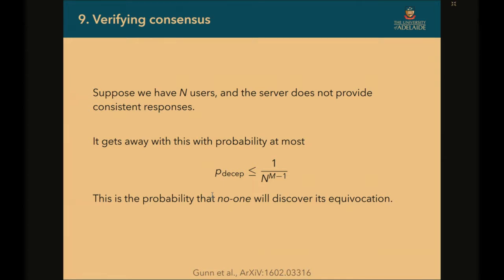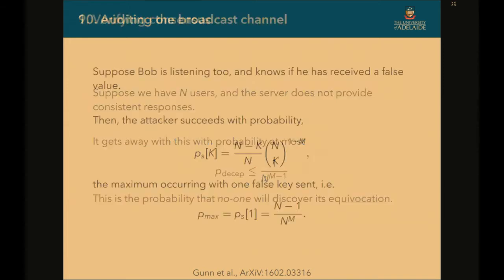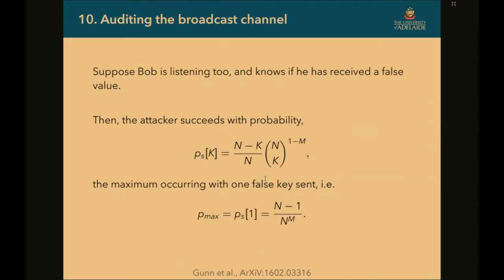Well, in this case, the probability of success is even lower, because it's no longer just a couple of people that I have to deceive. I have to deceive everyone. And with the number of users n, this rapidly falls, and again, it falls exponentially as time goes on, where m is the number of times you've done this protocol. And we can do more bounds where there's an order to connecting, and for example, I know what my public key is, so I'm making these connections and I'm checking each time whether my public key is correct in the system. I won't belabor this, this is just the probability bounds. You can see what's exponential in what.